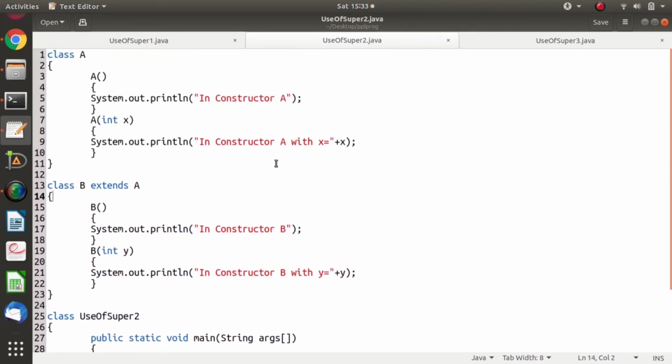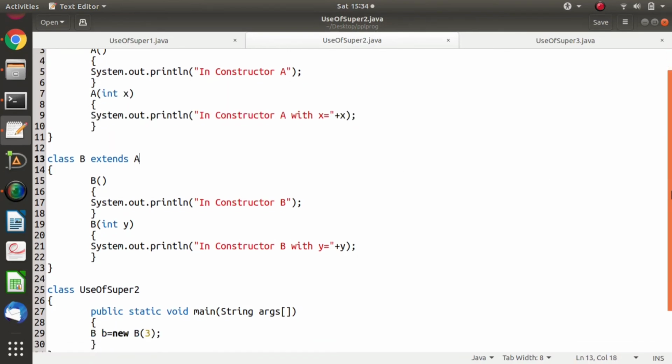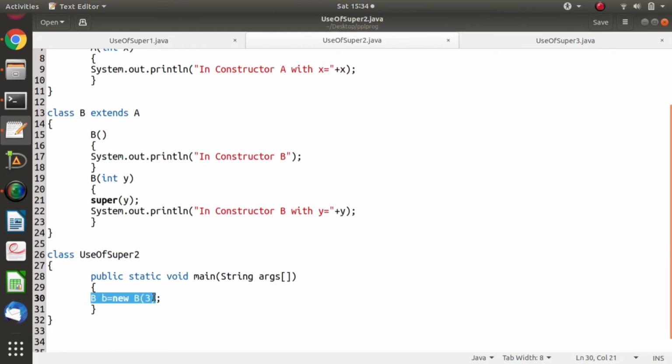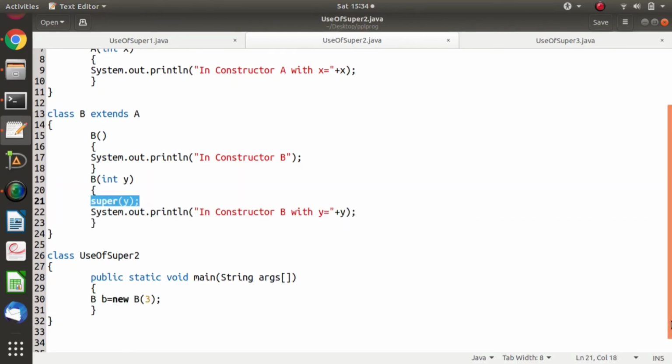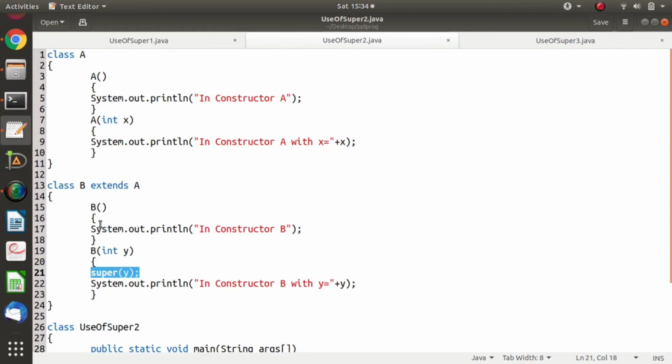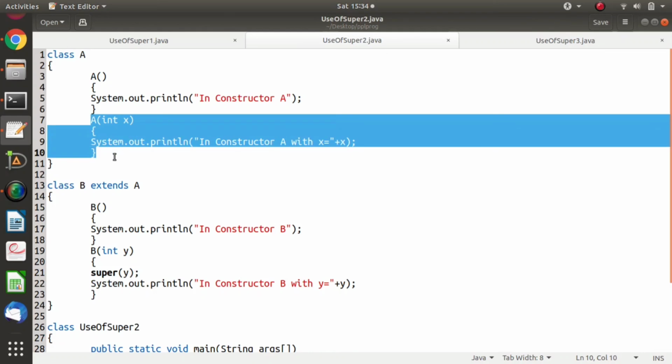We need to pass a parameter from this constructor to this constructor, and we can achieve that by using the super keyword or super method. So here, see the super keyword that we are mentioning like this, and from here we can pass parameters. For example, I am passing y. Now, as we are creating an object of B, this constructor will get run, and here we are calling super, and there we are also passing one parameter. So y or any number you can pass. That value gets passed, and as you are passing the parameter, this constructor will run. We'll see now.